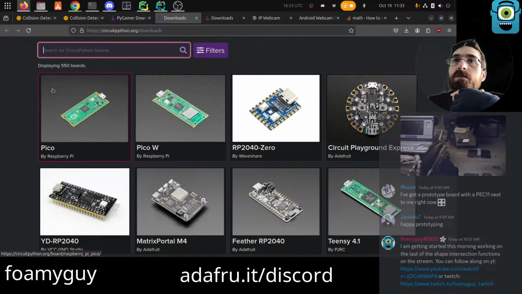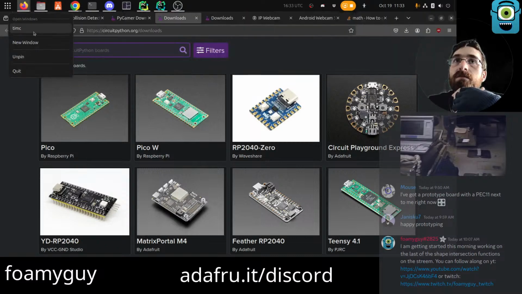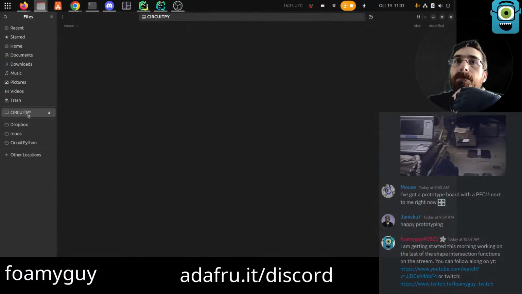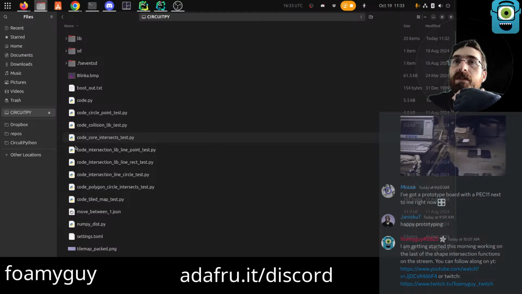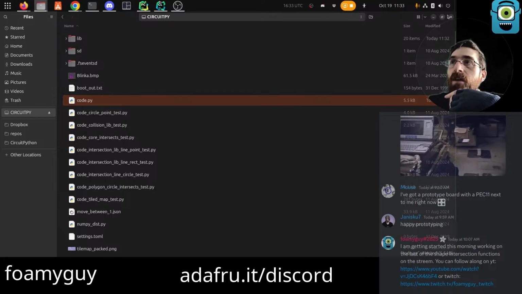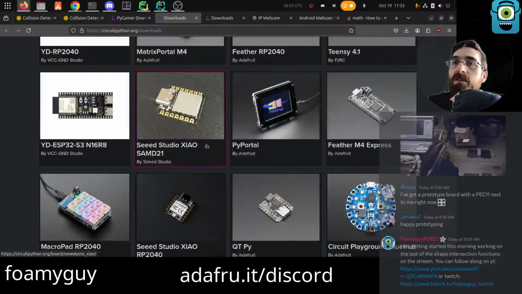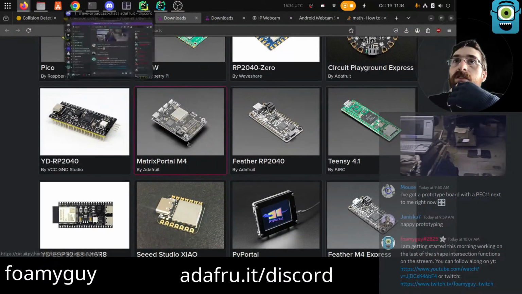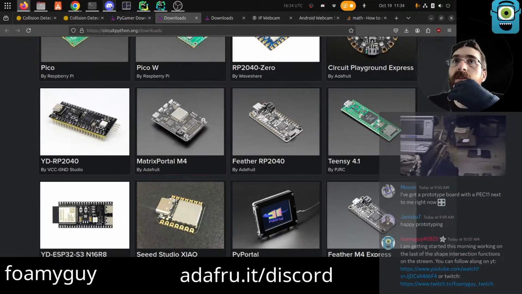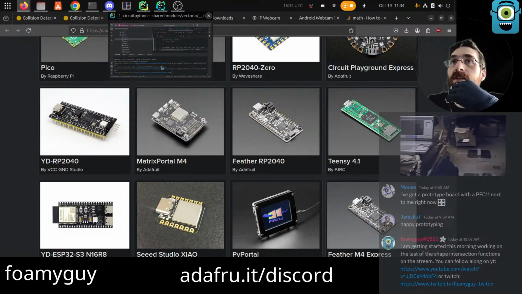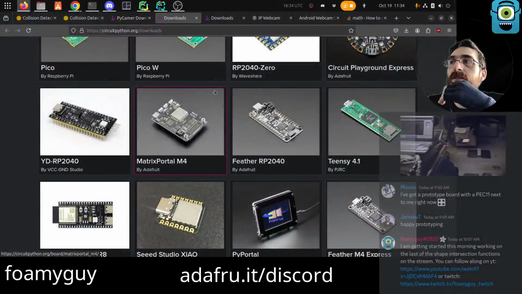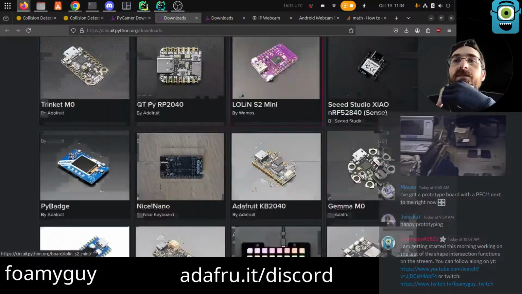If you choose to do it that way, then when you plug it into your computer, it shows up like a thumb drive. So like CircuitPy, this looks like a thumb drive, right? It's just a file or a folder with a bunch of files in it. You can edit the code file, and when you edit it and save it, the microcontroller, the little chip on these devices, will execute the code for you. It's quite technical in nature, so if that's what you mean, then perhaps, but